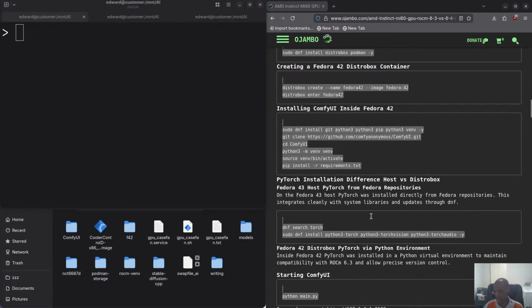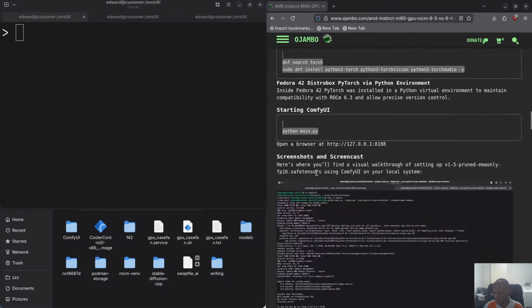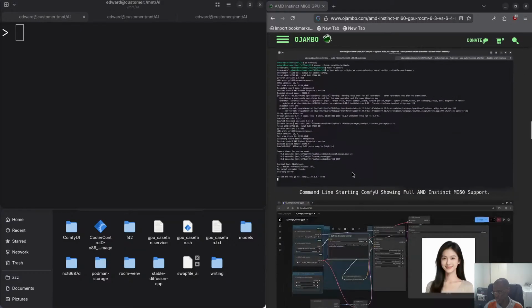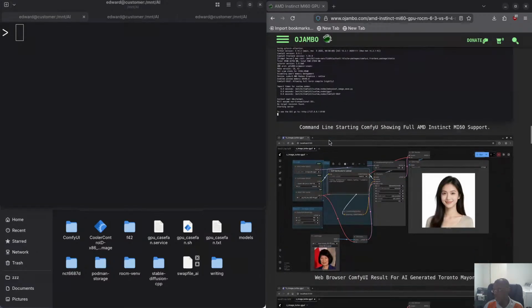So you can read all this. There's also a video, and this is how I set up the distro box and install it and all that setup. So it worked perfectly. One of the problems I noticed about this model, actually probably all the models, is